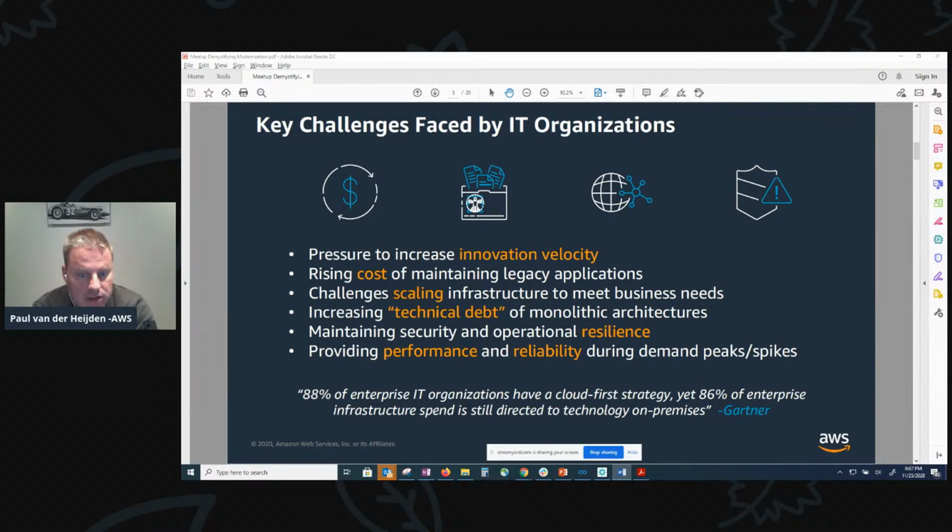And IT organizations face increased pressure to innovate and keep the pace of velocity to support their businesses.